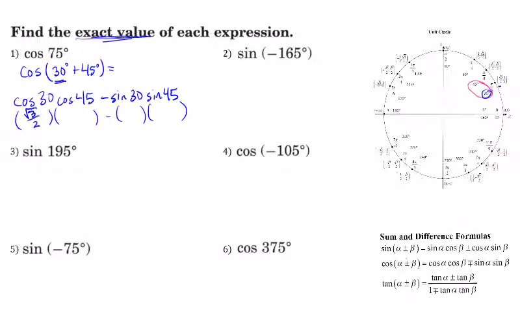And cosine of 45 is root 2 over 2. Okay, and then sine of 30 is 1/2. And sine of 45 is root 2 over 2. All right. And so now we'll multiply. So root 3,